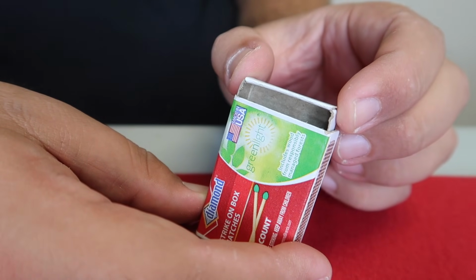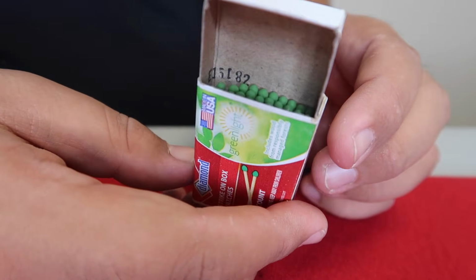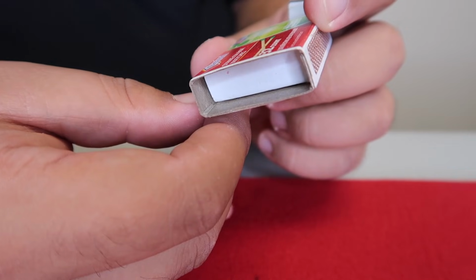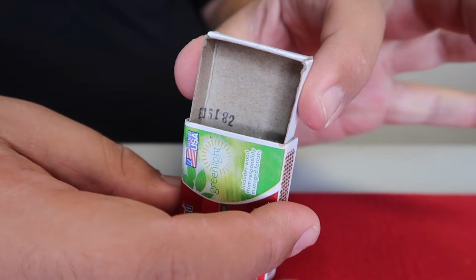So now you can open the matchbox like this, pull up the match tray and show it completely empty. All the matches are hidden down inside the box right there. Because the tray is cut, you're able to pull it up like this. And the bottom cut part of the tray will hold the matches in place inside the box. So as long as you hold the box of matches vertical like this, you can show it empty,